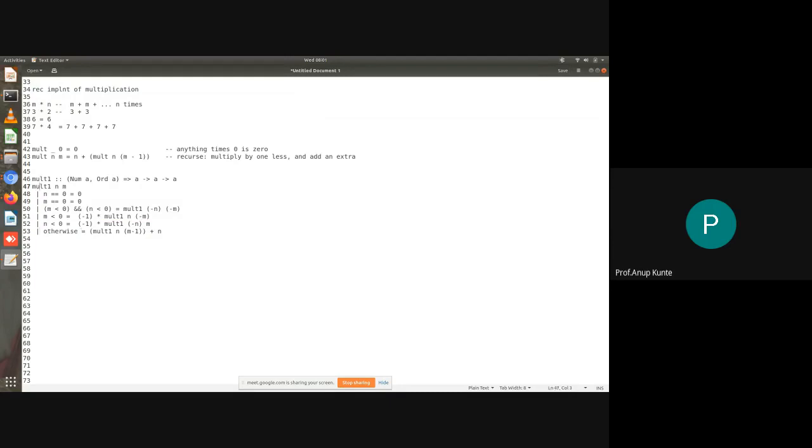Now I'll just tell you what this construct is. This construct is called a guard. So guard goes like this. I write function name, I write parameter list, the input parameters are 2, n and m, and then I write a vertical line, which is the syntax for providing a guard. Guard guards the input range. So I can have a condition based on inputs which I provide. When I give input n and m values, say 2 and 3, the condition that I provide with the guard will be evaluated. Whenever that condition is true, the corresponding function body is going to get executed.